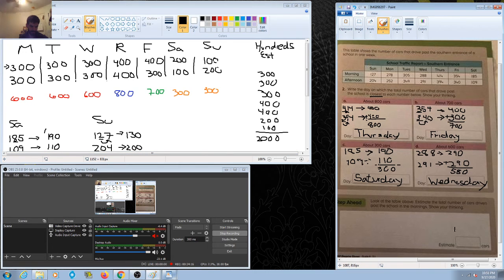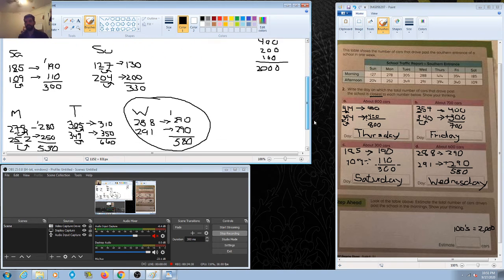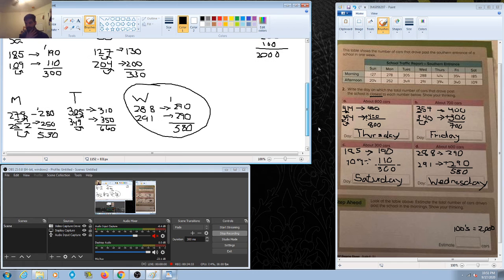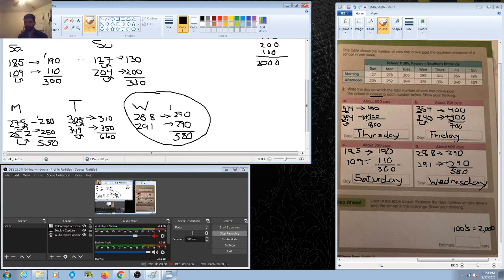So I'll put hundreds equals 2,000. And now what we're going to do is the tens place. Since I already accounted for Saturday, Sunday, Monday, Tuesday, and Wednesday for the morning, I can account for those from my previous work, and then all I have to do is round Friday and Thursday. So Friday we will round 354